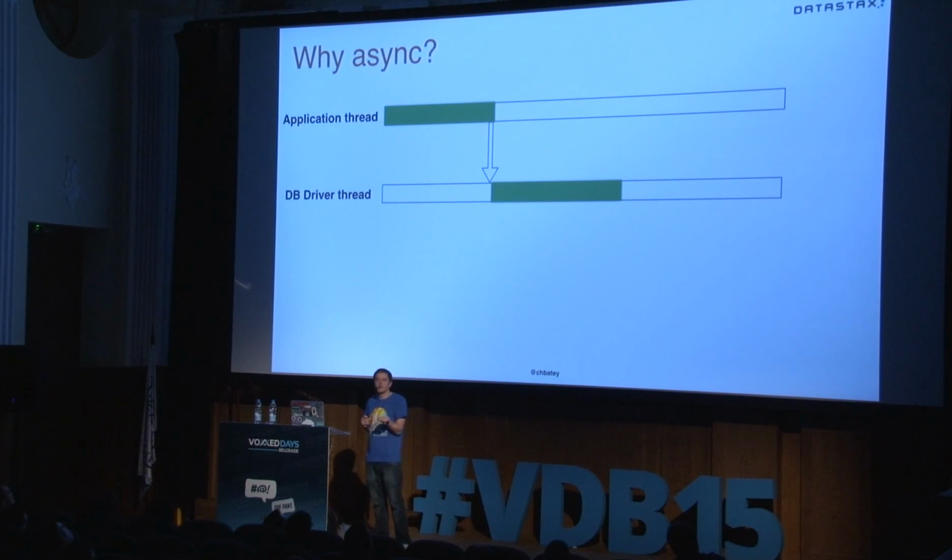And do you know how much memory a thread uses in Java? Like just how much heap memory it's going to use up. Any guesses? 1 kilobyte? Does anyone think 1 kilobyte? Does anyone think 1 gigabyte? Somewhere in the middle. So it's actually about 1 megabyte. You're going to use about 512 kilobytes for your stack, and then it has areas to actually allocate into. So if we want to do 40,000 concurrent requests and we want to use a thread per request, we're using about 40 gigabytes of RAM.